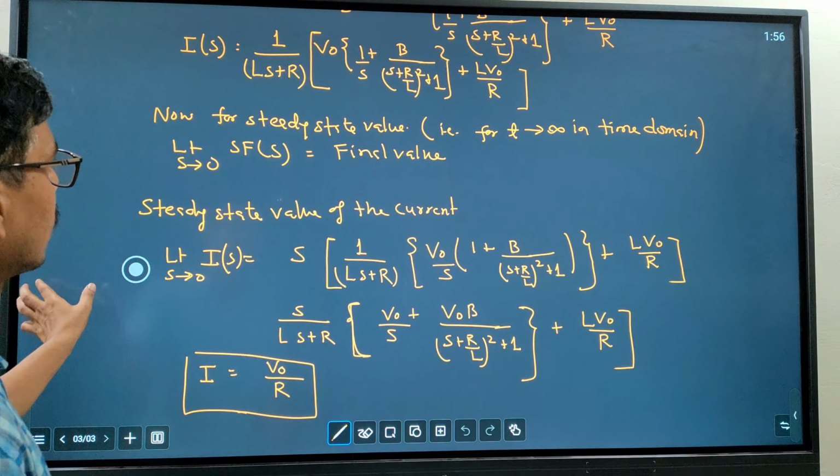Then R into the current I(s) in the Laplace domain equals V0, the Laplace transform of a constant, 1 by s, times the Laplace transform of sin t, which is 1 by s square plus 1, from a square plus b square. This factor is there. How does it change? If it is e to the power minus at sin t,